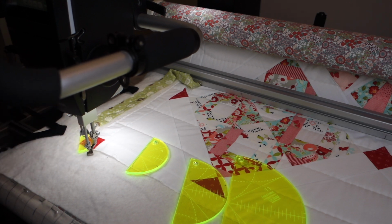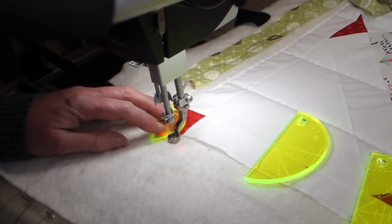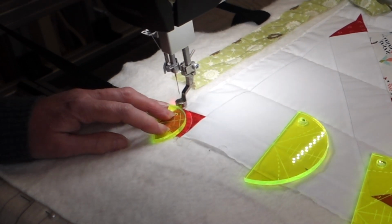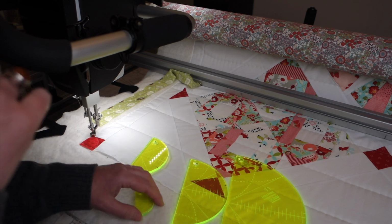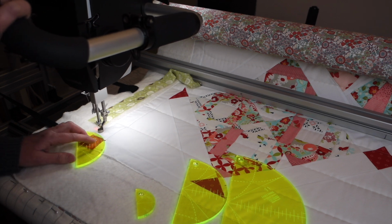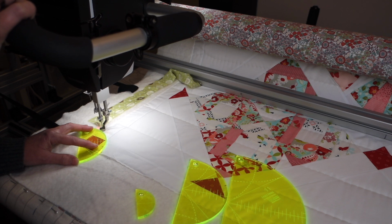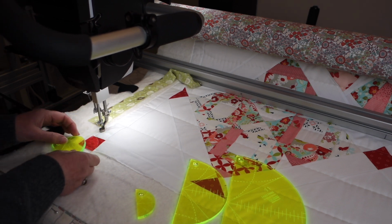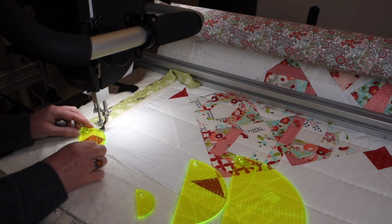Right, so I'm going to take my first one, which is my 3-inch, and I'm going to place that down and run that across like that, and there's my first line. How exciting! Right, so next one obviously is the 5, so I need to travel up my quilt until this right angle, I don't know if you can see that, but there's a right angle there, is in the corner of my quilt again,